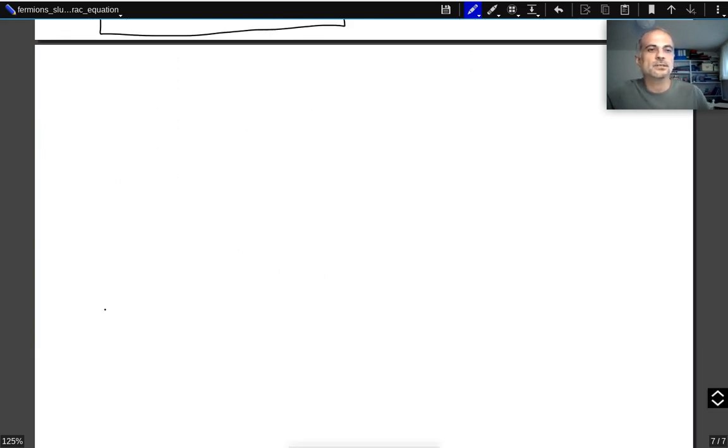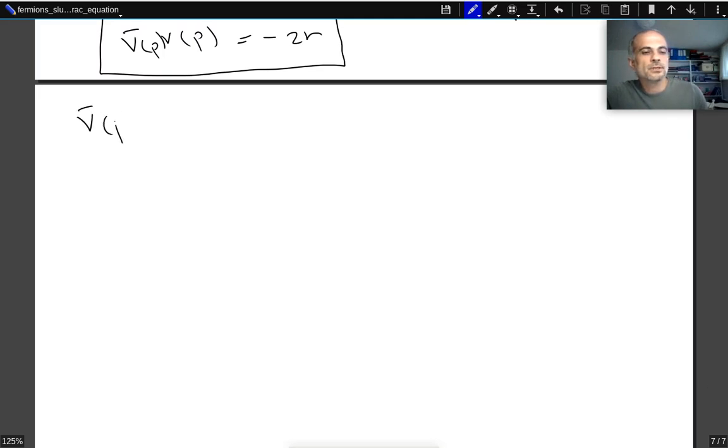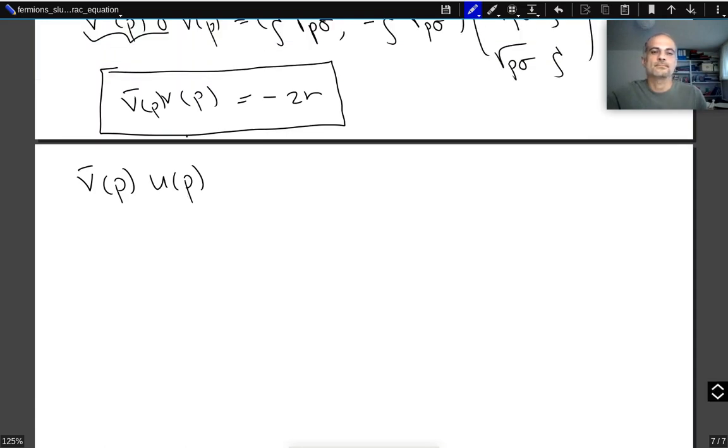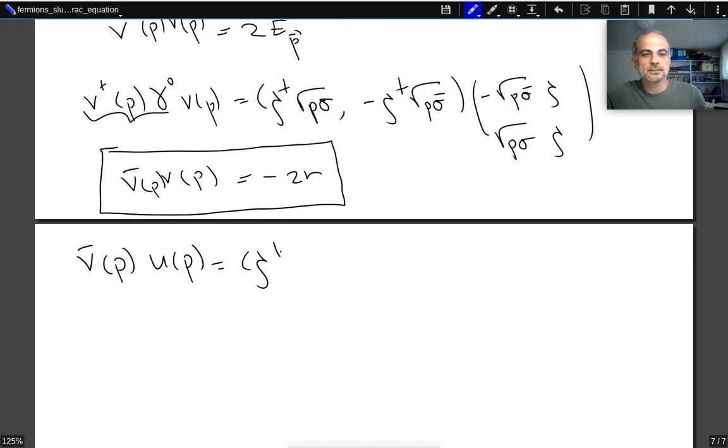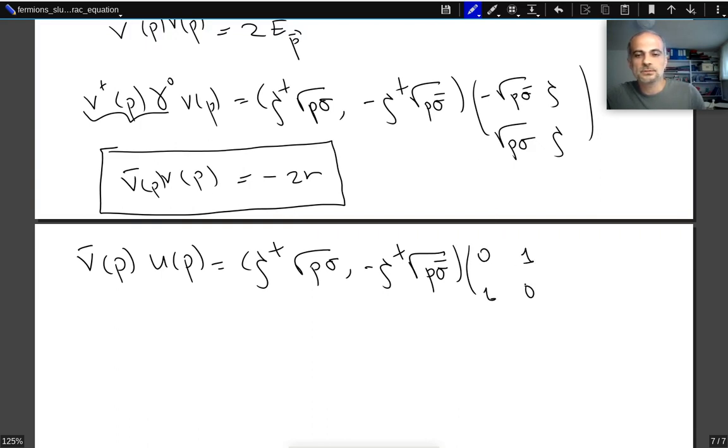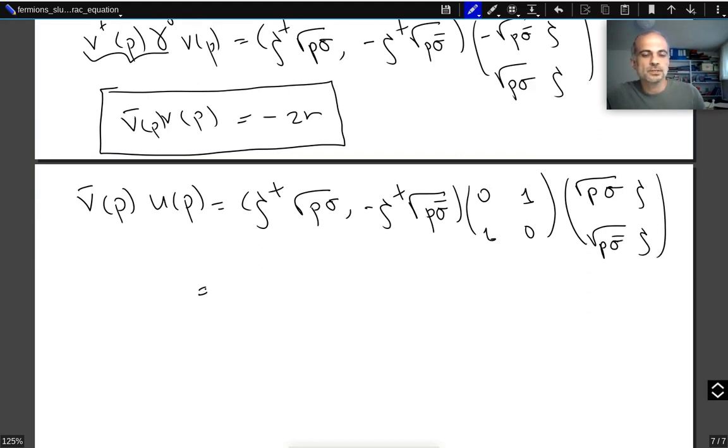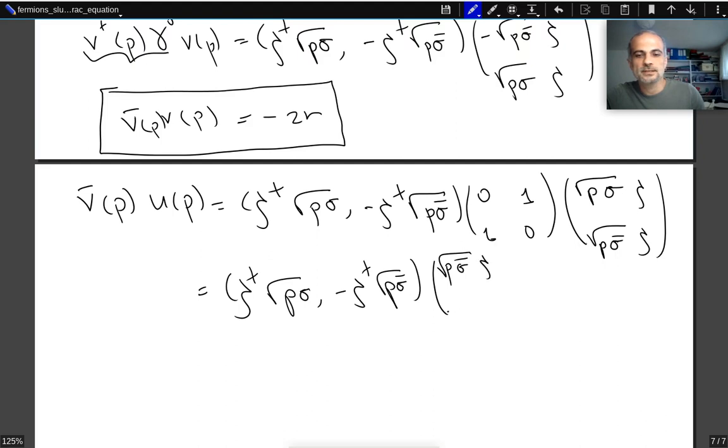Now finally, let's also calculate what is V bar of P, U of P. Now V dagger of P is psi dagger square root of P sigma, and minus psi dagger square root of P sigma bar. This is V dagger, and we multiply by gamma 0, which is 0, 1, 1, 0, and then we put U of P, which is square root of P sigma psi, square root of P sigma bar psi. So this will give us psi dagger square root of P sigma, square root of P sigma bar psi,